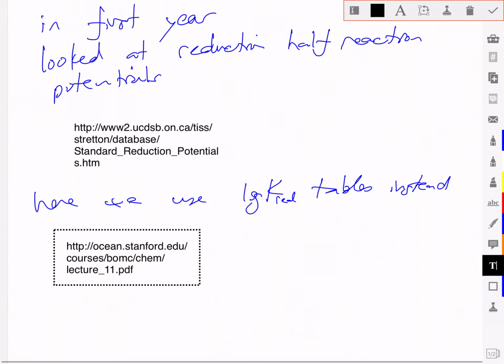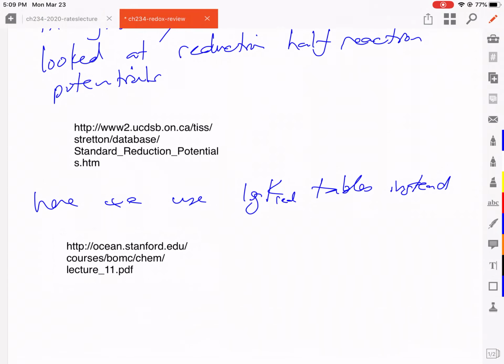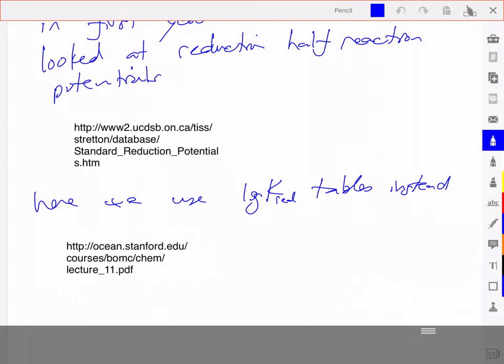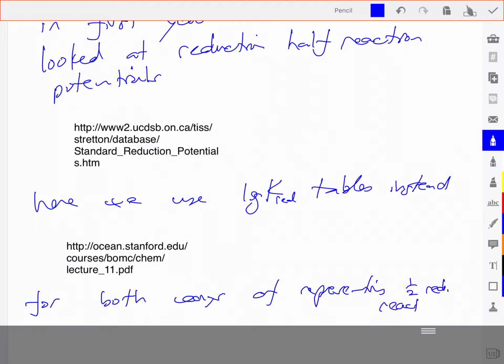All right, so you can just look at those, just give yourself an idea of what the half reactions would look like. I'm obviously going to give you the half reactions and the log K values on the tests, for both ways of representing half reduction reactions,